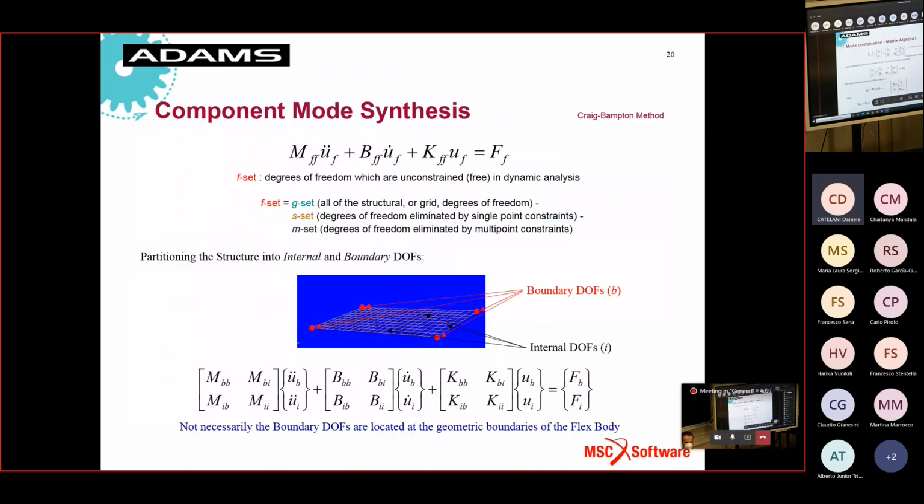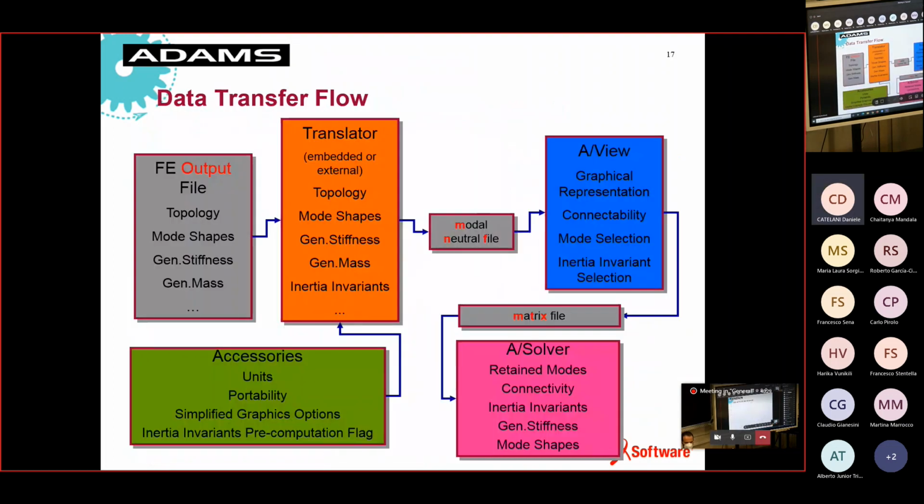Which is the way of working? Okay, so we run a finite element model analysis in the finite element code. At the end of this analysis, the output is written in a model neutral file. The name model neutral file means that the data describe the flexibility with the modal method,